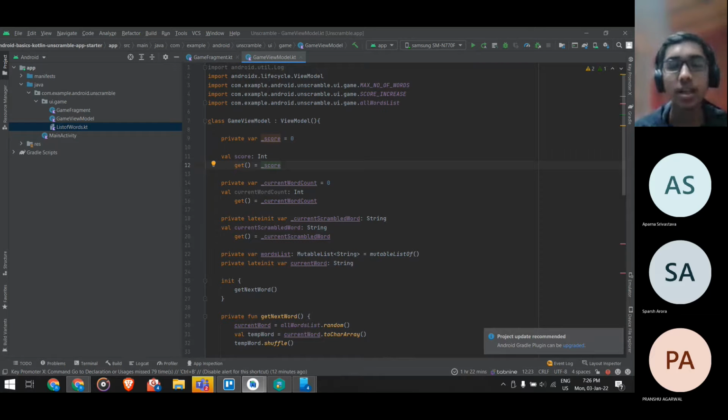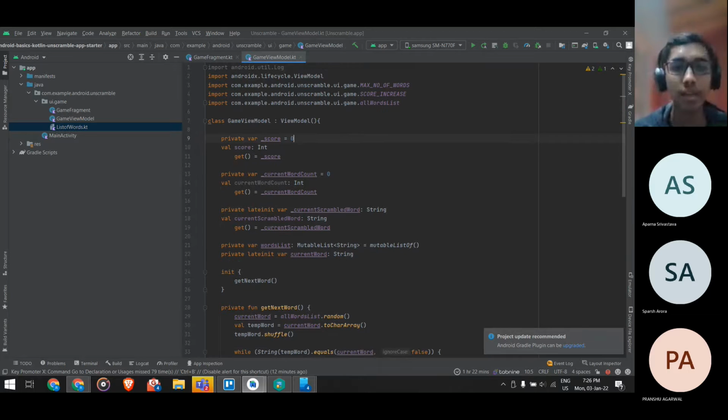We want everybody to see this, and it's declared as a val or value. In Kotlin, that means that it cannot be changed. So this says get is equal to underscore score, meaning mirror the value of score, and it's visible to everybody, but it can't be changed because it's a value. So we have basically achieved something in these 3 lines. We have just declared a score.